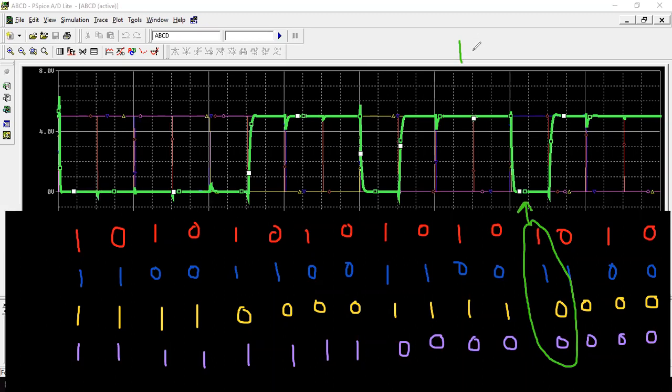This is A, B. The whole circuit was AB plus CD bar, right? AB plus CD bar. So A is 1, B is 1, C is 0, D is 0.